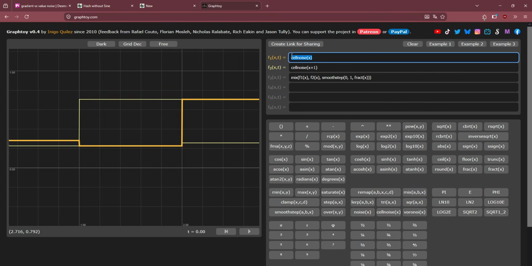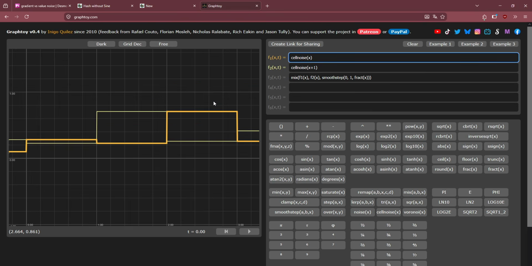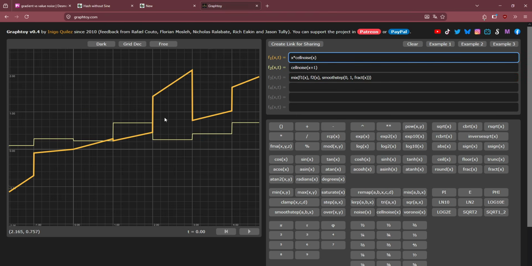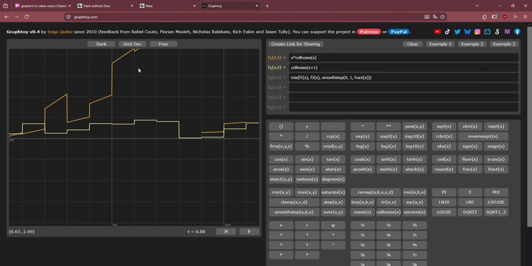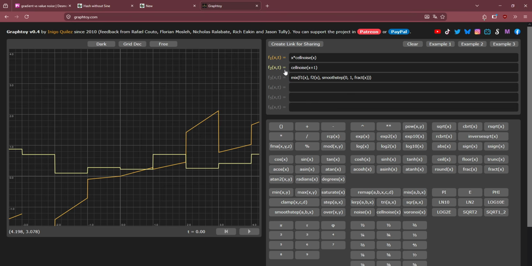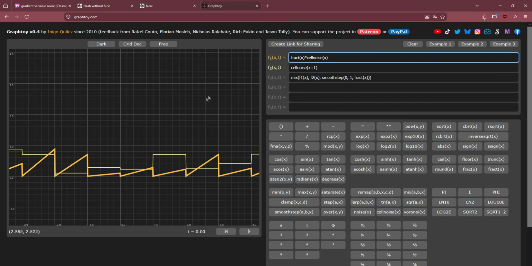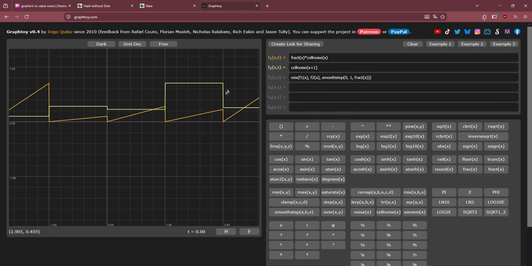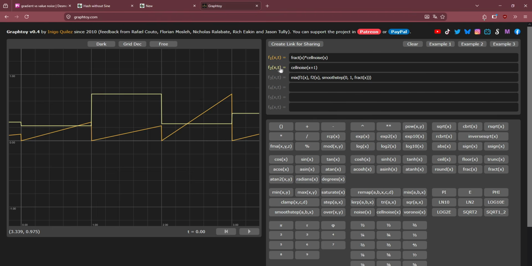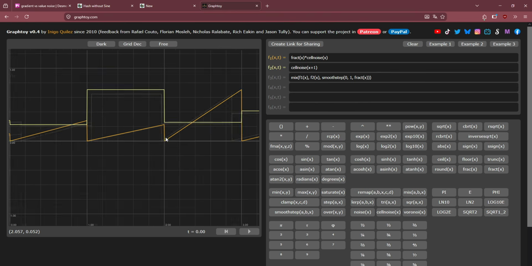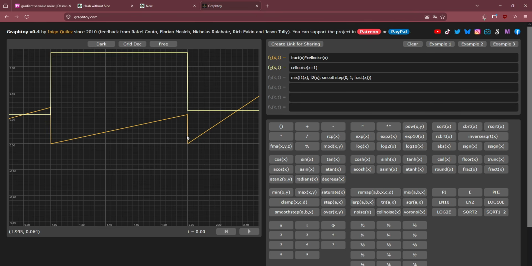So we use the cell noise not as the constant value, but as the slope of the function. And we could try writing x times this whole thing, but this goes horribly wrong when we go to different regions. Instead we want the fractional value of x. Okay, yeah, and now we have these random slopes. And for f2, we basically need to set it to exactly the function such that f2 in this cell matches up with f1 in the next cell. So for this we can write